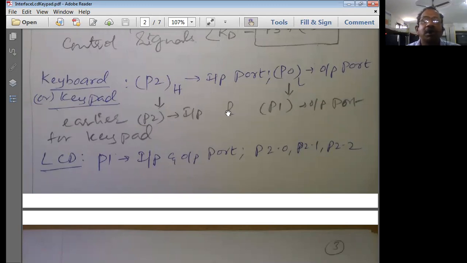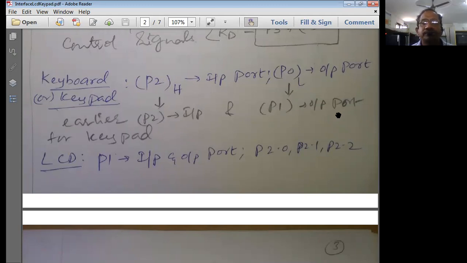So I am using only port 2, port 0 and port 1. To interface the keypad, in the earlier problem when we interfaced a keypad with the microcontroller, we used port 2 as the input port and port 1 as the output port.